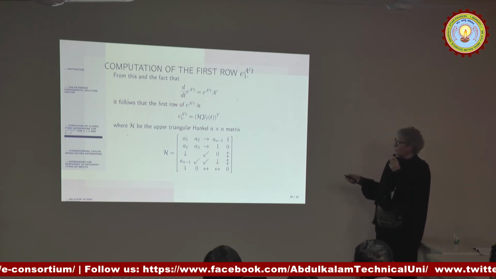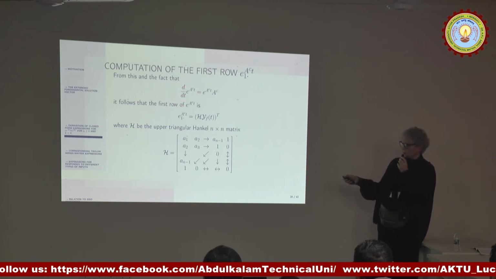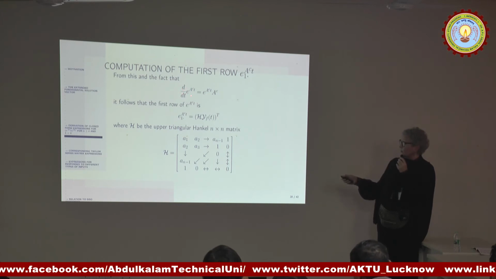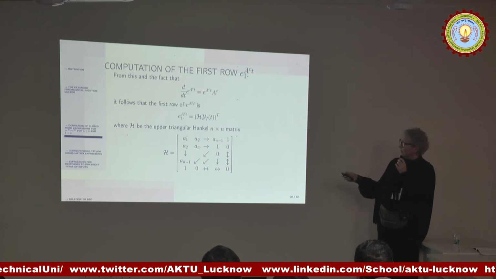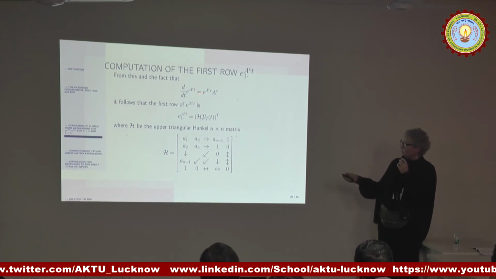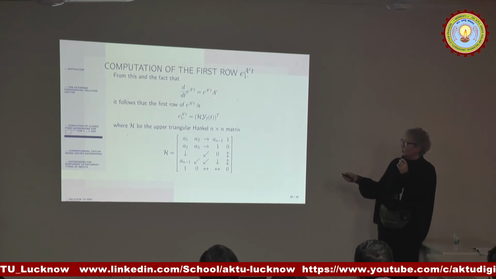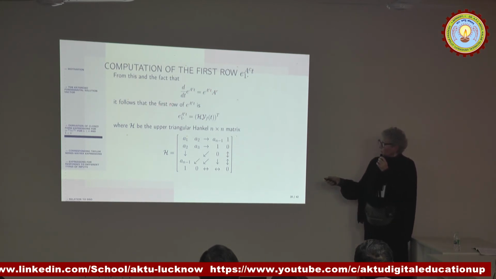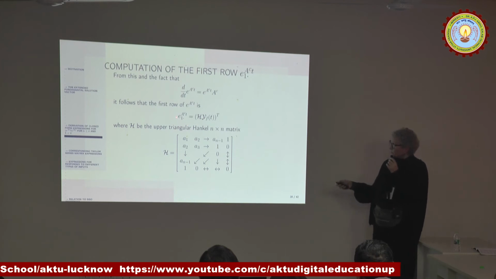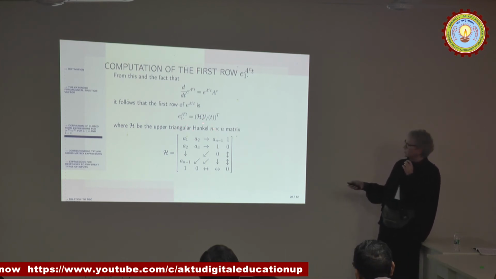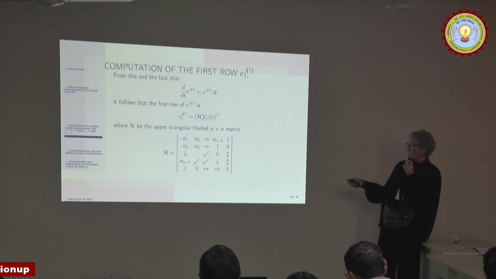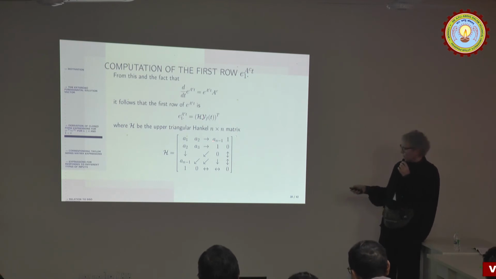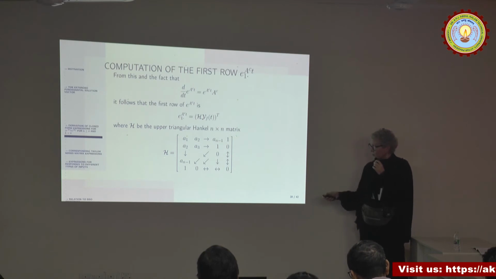Now, from this and the fact that we know that this holds, if I differentiate e to the power any matrix exponent, I can either write it like A times the matrix exponent, or in this order. It follows that the first row, so the first line, is a Hankel matrix times the fundamental solution and the whole thing transposed. The Hankel matrix looks like this,